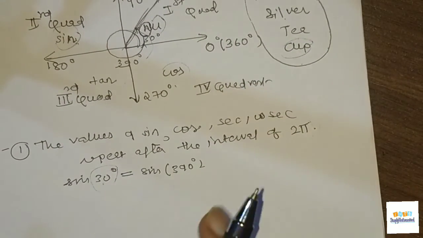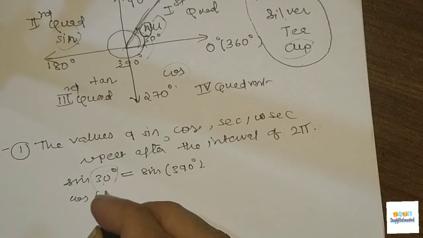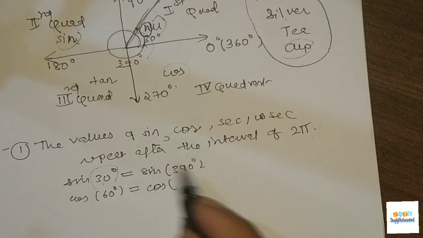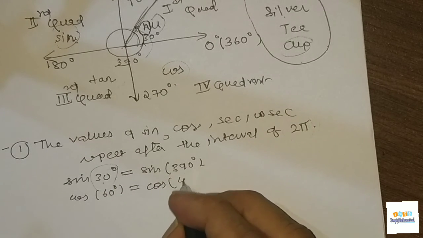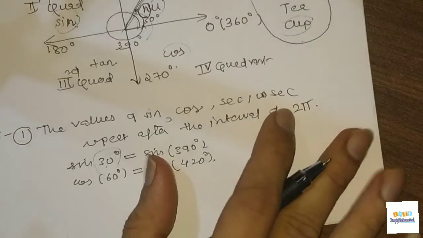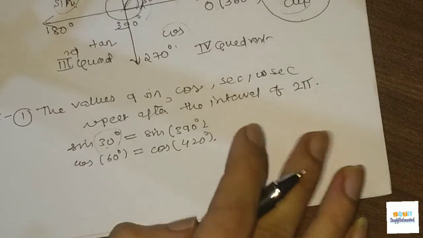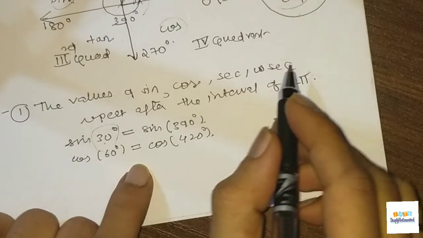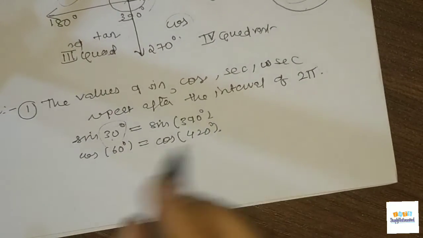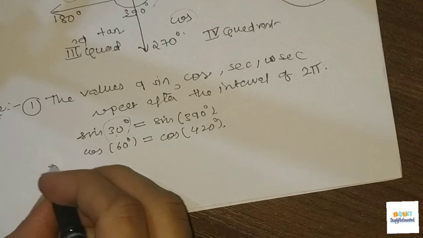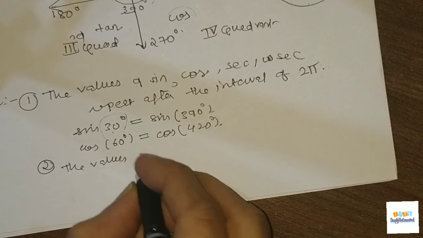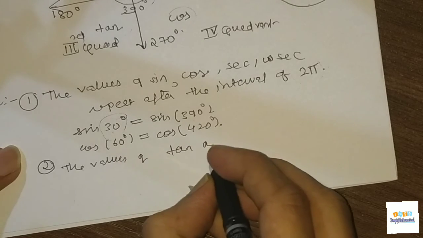Similarly if you take cos of 60, then it will be equal to cos of 360 plus 60 degrees, that is nothing but 420 degrees. So that is the first note, and this note also works for sec and cosec. Now let us go to the second note, that is the values of tan and cot